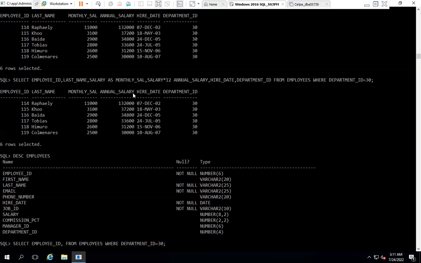So I have given the condition where department ID equal to 30, but I want the full name. And when I use describe for the employees table, it is showing me first name and last name. We have two columns for name, right? So what I have given, first